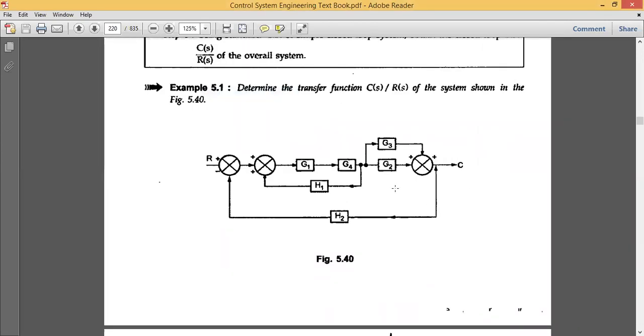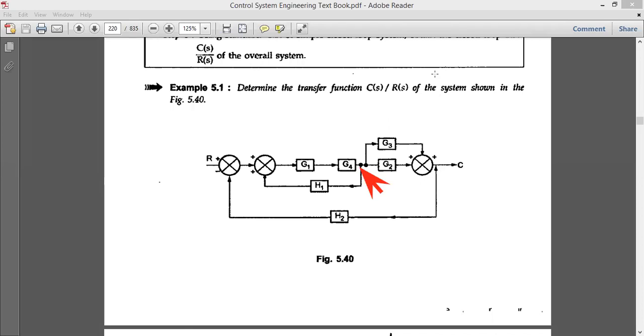Okay, so the takeoff points are nothing but this point, this point, this point. The first dot represents a takeoff point. Always remember, the takeoff point will always be going towards the summation. You can see the arrow mark, this takeoff point is going towards the summation. But this one is going towards the block, so this cannot be your takeoff point. This is just a part of G4 applied to G3. So this is how we identify the takeoff point.